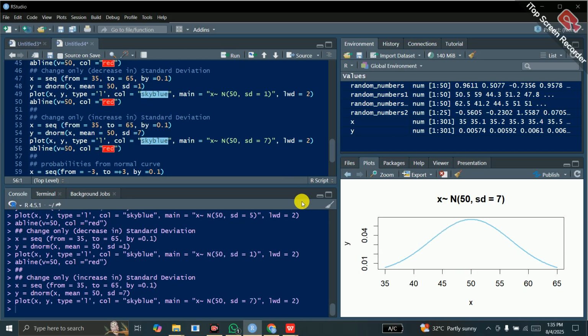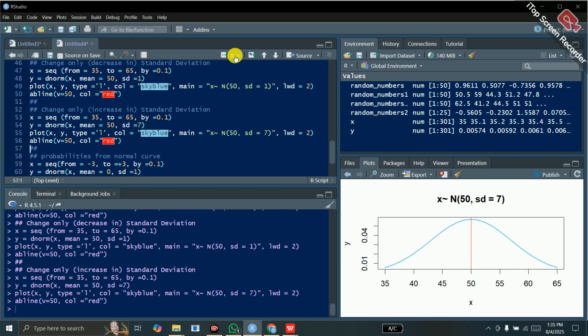Now by increasing the standard deviation, the shape of normal distribution changed like this. I can also change the color of abline to be red,